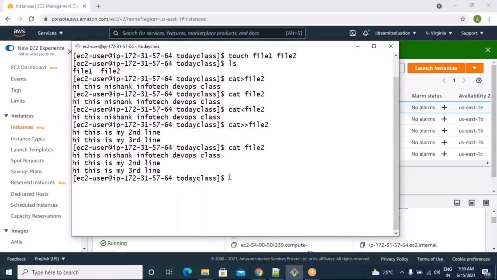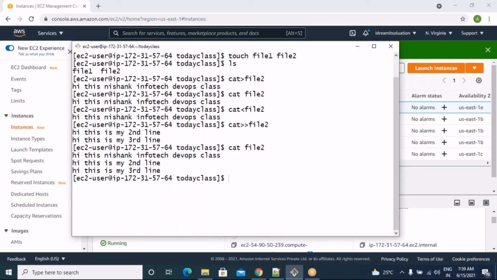So the vi editor we are going to explain in tomorrow's class, where I'll tell you many commands inside the vi editor with which we can manage the file. Suppose I am working and I forgot where I am working.